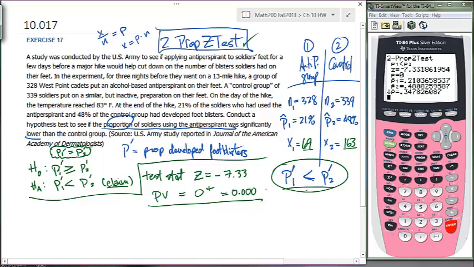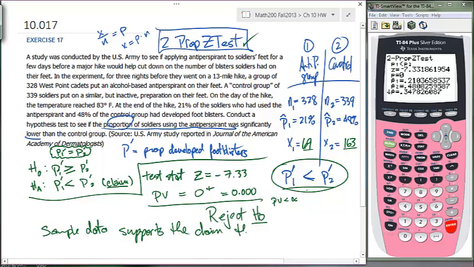We have a p-value that's really small. So the p-value in this case is smaller than any alpha that we could imagine, so we're going to reject the null hypothesis. And our null hypothesis is the opposite of the claim, so if we reject the null hypothesis, we are able to support the claim. So we can say our sample data supports the claim that, what was our claim again? Our claim